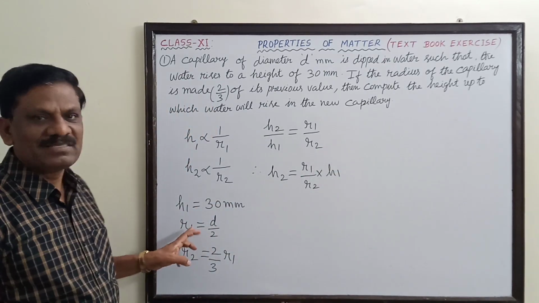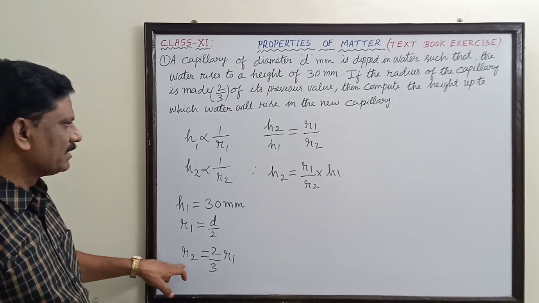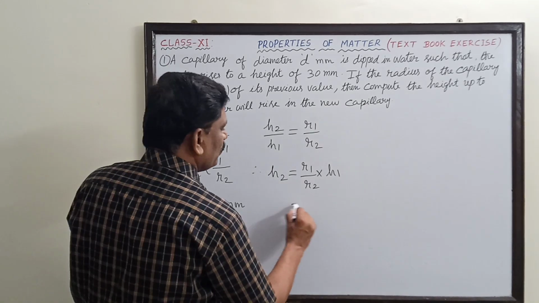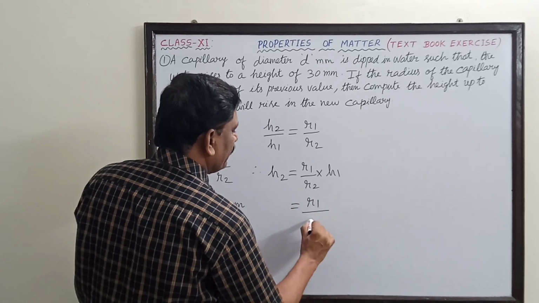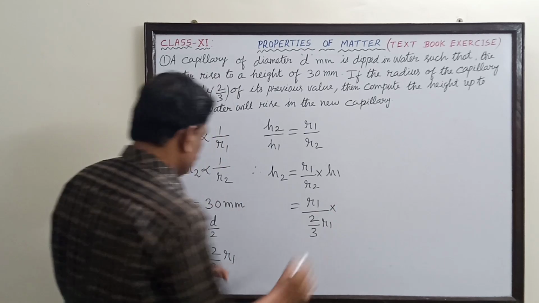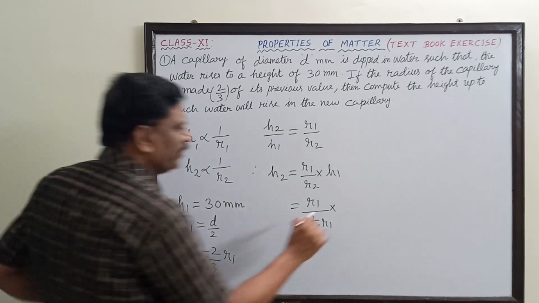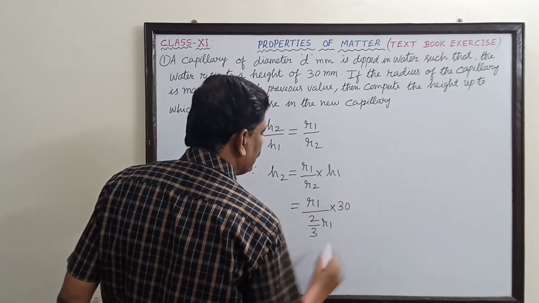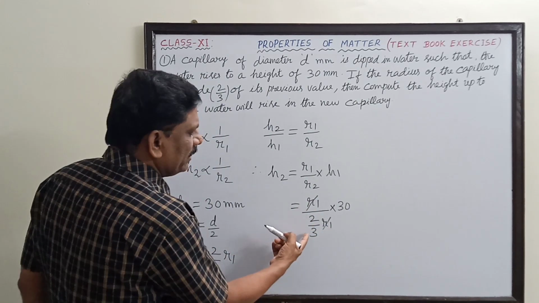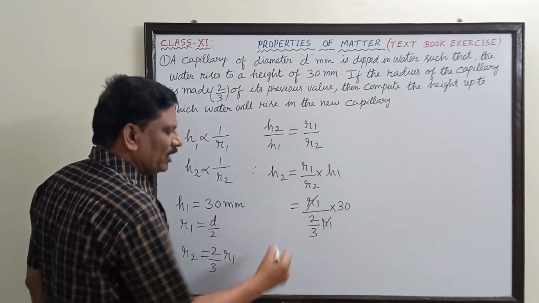Now I am going to substitute. R2 is 2 by 3 times R1. So this is R1 divided by 2 by 3 R1 into H1, which is 30 millimeter. Now this R1 can be cancelled and the 3 can be taken to the numerator,